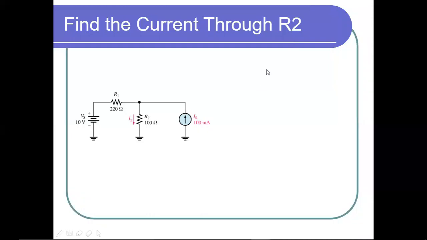Here is one more problem, find the current through the R2 resistor. Here I used mixed sources. This is also by using the superposition theorem only. Let me solve this problem. Let me take the circuit.